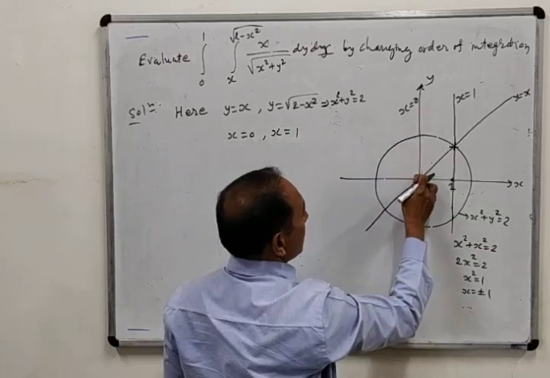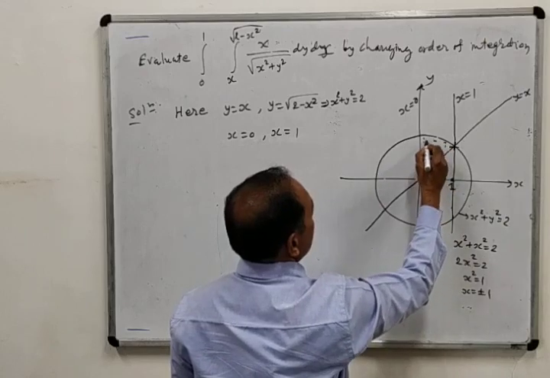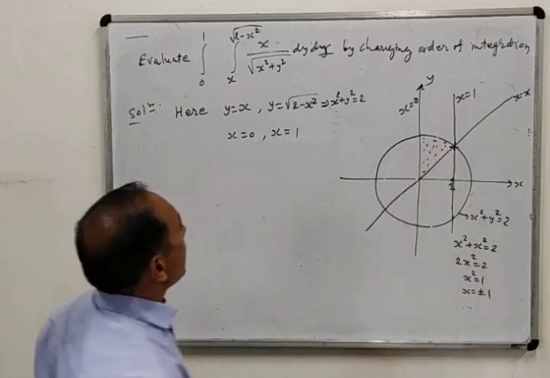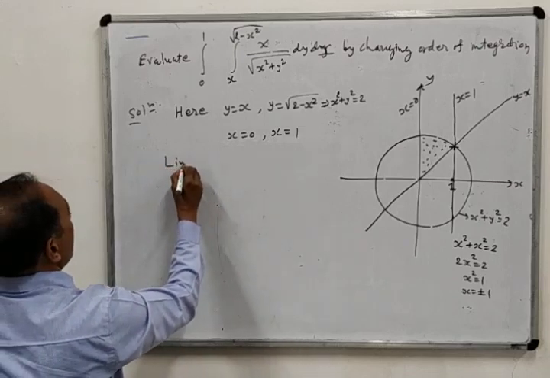This boundary is given, this boundary is given, this boundary is given. So obviously this region is there. Now which kind of strip line should we take to determine the limits? Therefore the limits are,